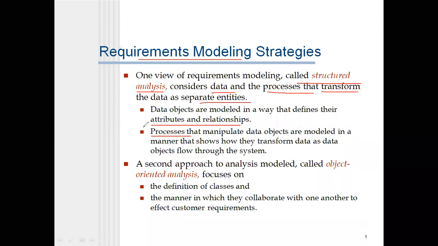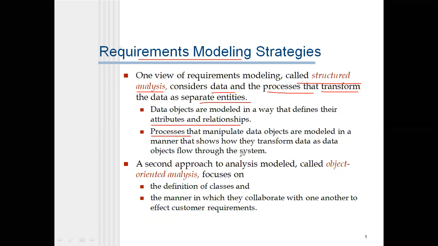That is called the process that manipulates data. Objects are modeled in a manner that shows how they transform data as objects flow through the system. If you don't have the objects, there is no need to apply the formulas or go for a process. If we have the variables, the attributes with values, then only is it possible to do something on those particular attributes.